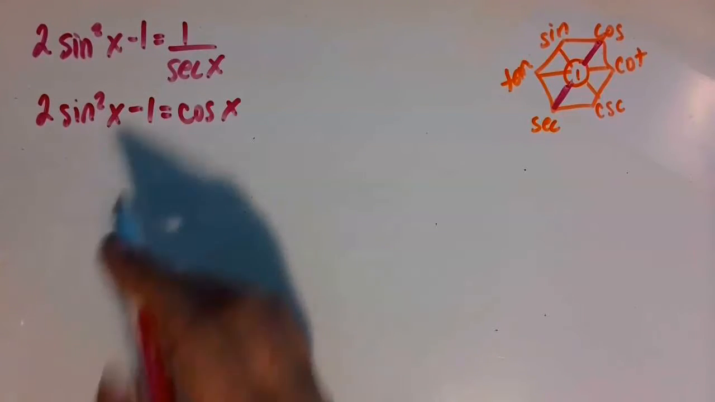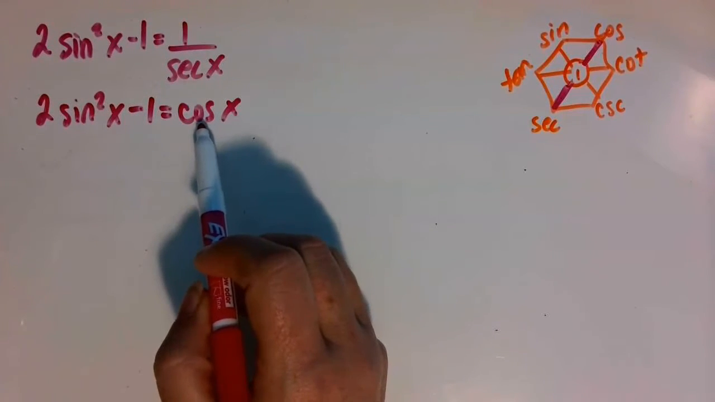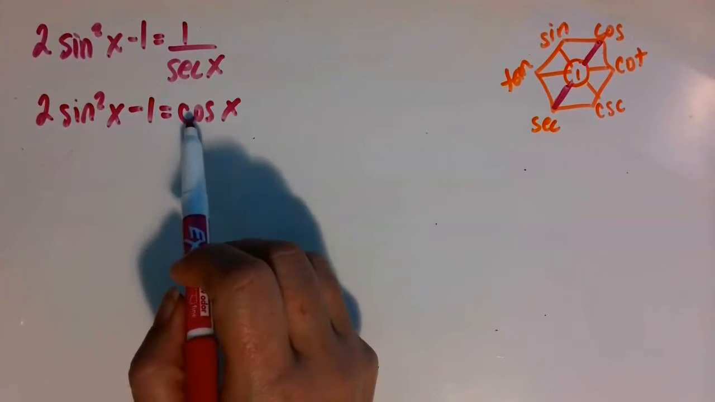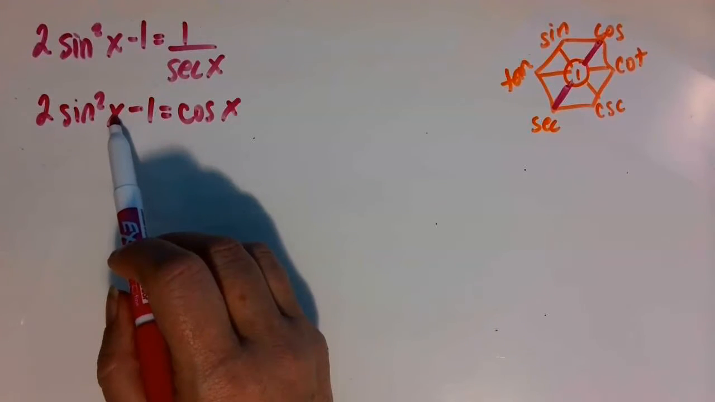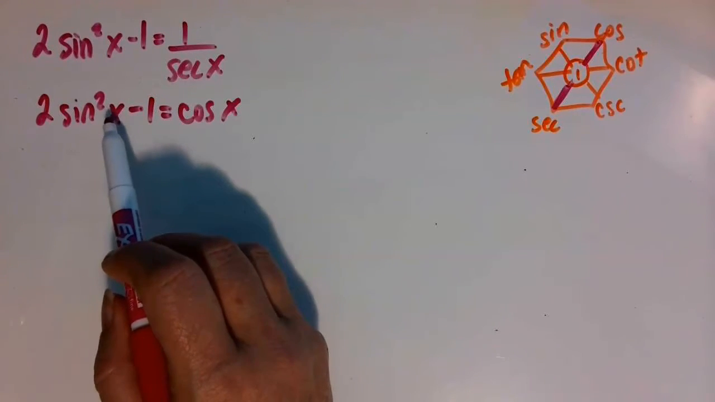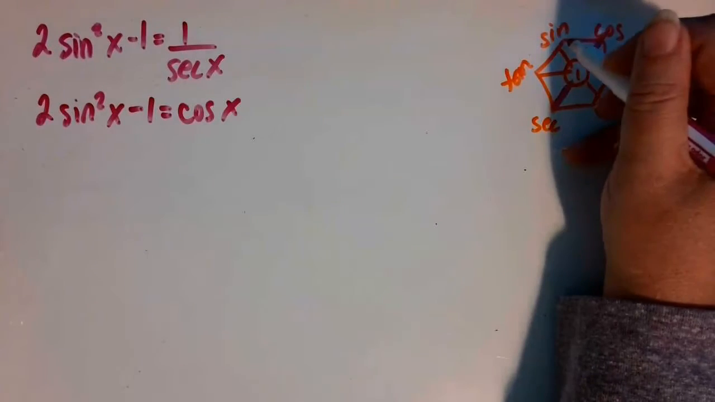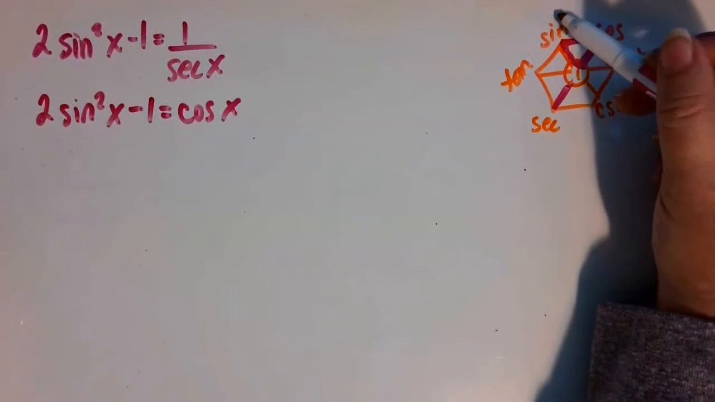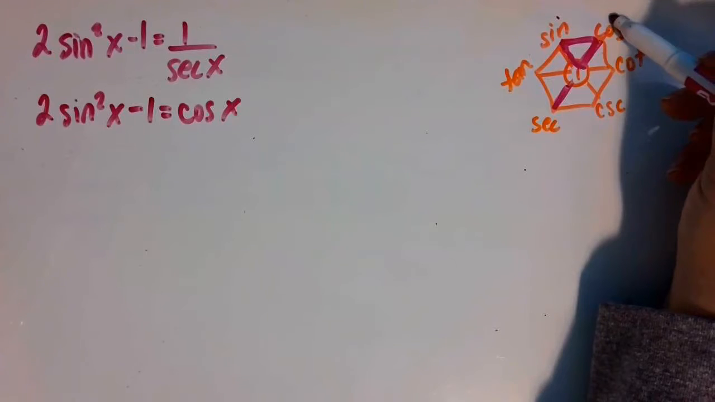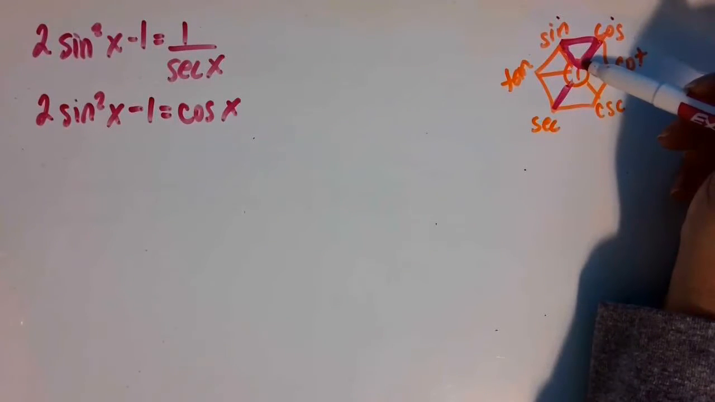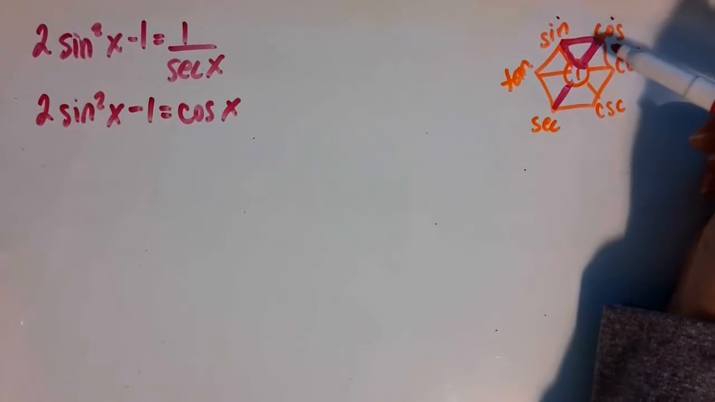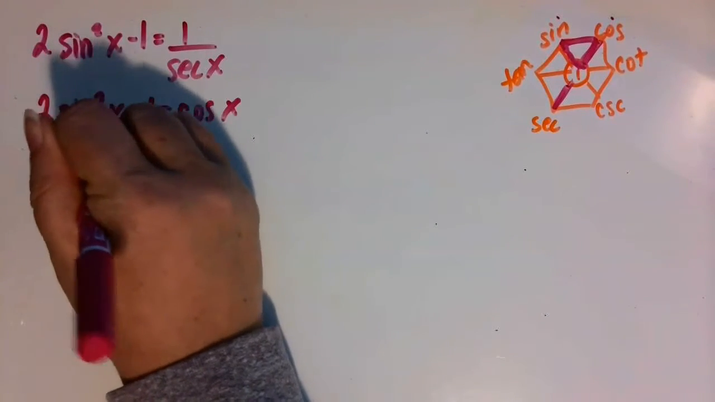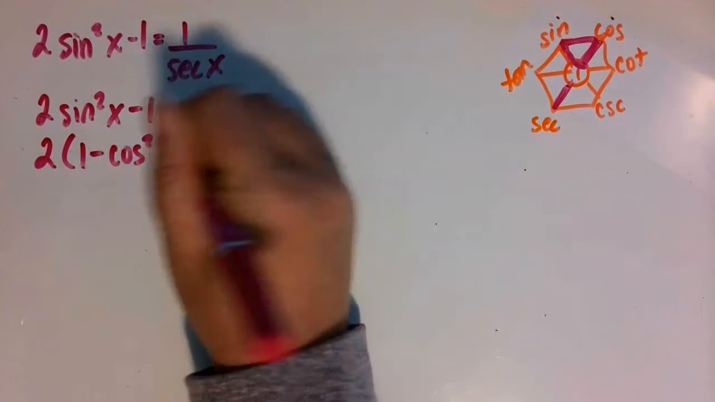Our goal is to rewrite this trig equation in terms of just one trig function, and we can change a sine squared x into cosine squared x using a Pythagorean identity, and that identity would make this triangle in the top of our hexagon. Sine squared x plus cosine squared x is equal to 1 squared. So if I solve that for sine squared x, that means I can replace this with 1 minus cosine squared x